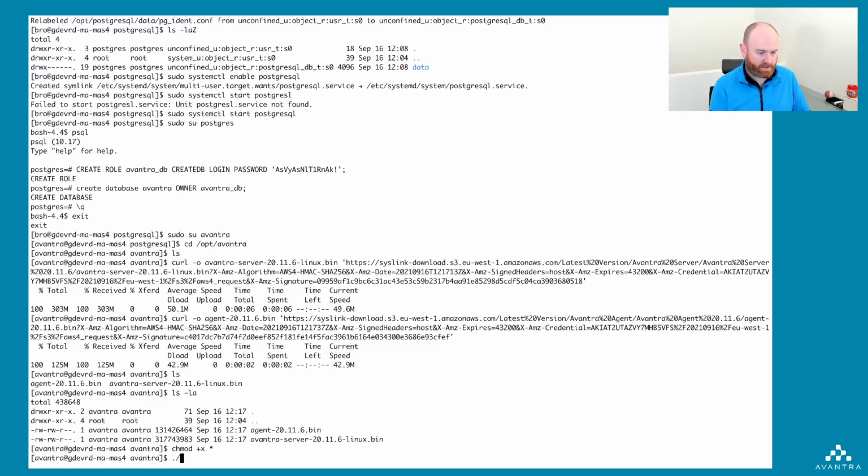And we're going to start with the Avantra server. So we just do a ./ on the bin. Now remember, I already put the Java runtime environment on this machine, and it's on the path. So therefore, the JRE that will be sought during the installation will be found by default. There are also some flags where you can set the Java runtime environment manually and say,